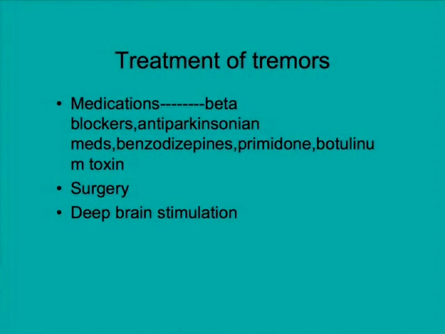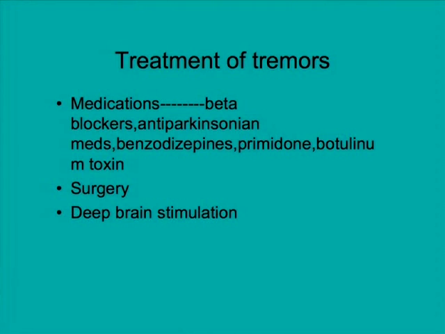I just want to say a little tip about essential tremors. If somebody has consumed a very mild amount of alcohol, essential tremors go away right away. That doesn't mean they should drink, but that's a little test, because that means the brain is relaxed, the nerves are relaxed, and the tremors are gone. Benzodiazepines are relaxants to the brain, like Valium, Klonopin, Ativan. Those are medications we use for certain populations to see if that relieves their tremors.